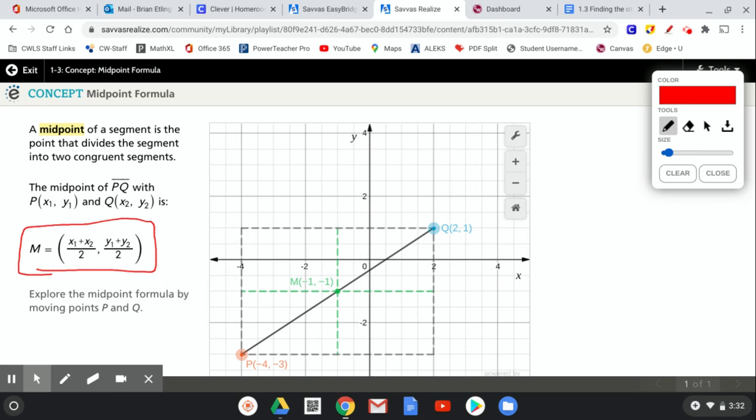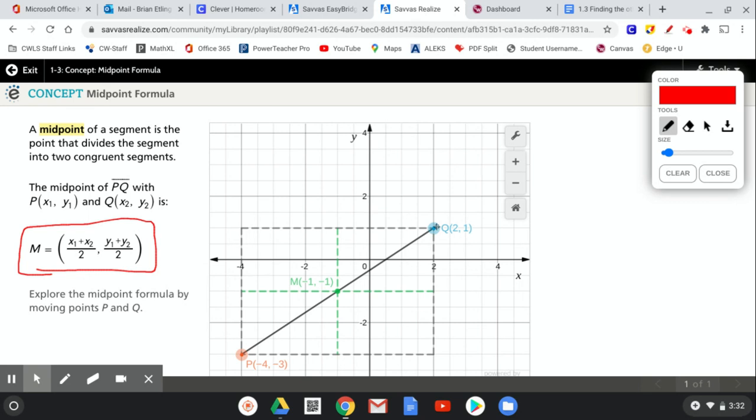So you can also think about this as we're taking the average. If we have two numbers and we want the average of those two numbers, we're going to add them up and divide by 2 because there's two numbers there, okay? So in our problem that we have here, they give us the points, let's see here, -4, 3,